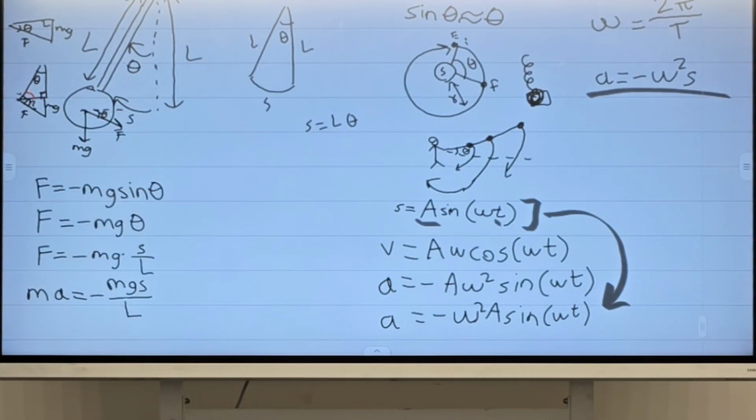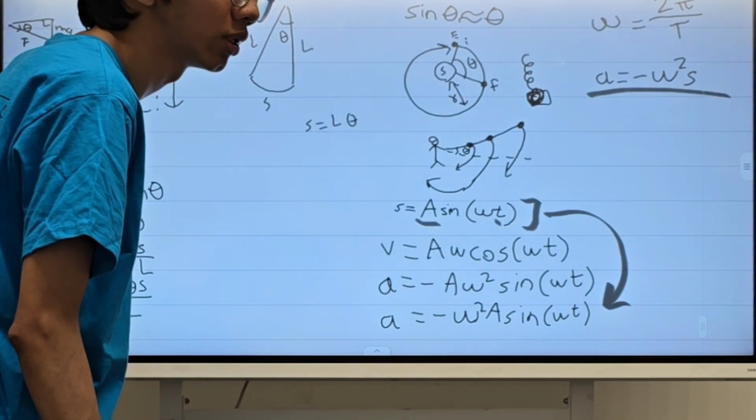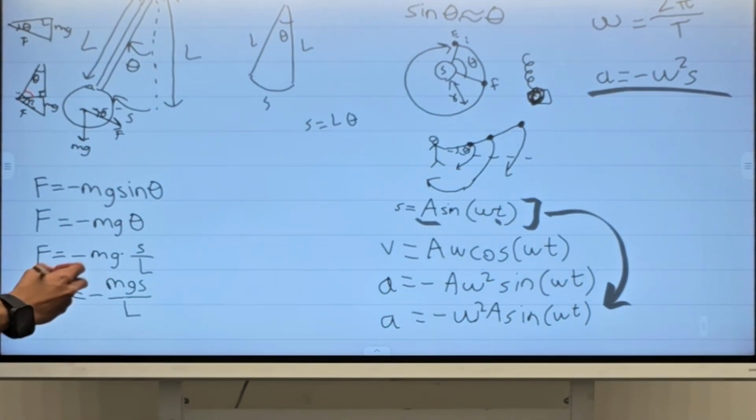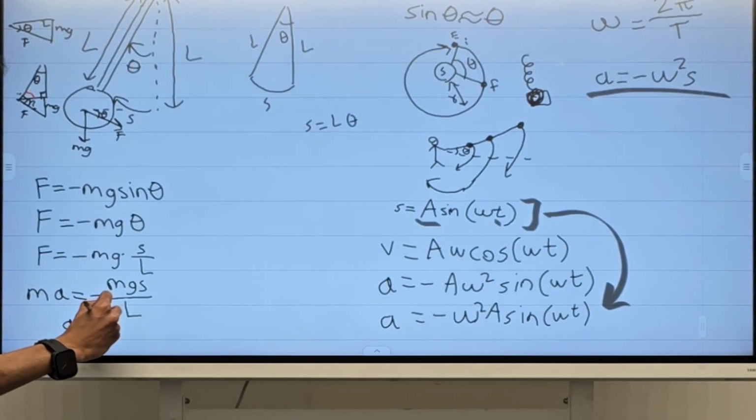We can put that in here if we want. Shall we? Sure. Let me just write it down here really quickly. Take out the m's, we get a is equal to negative g s